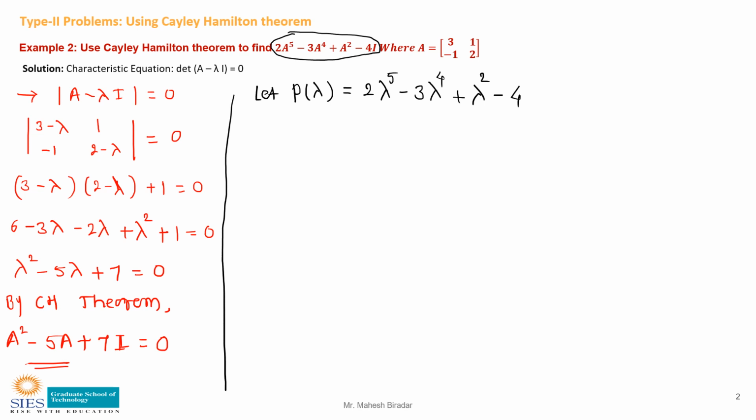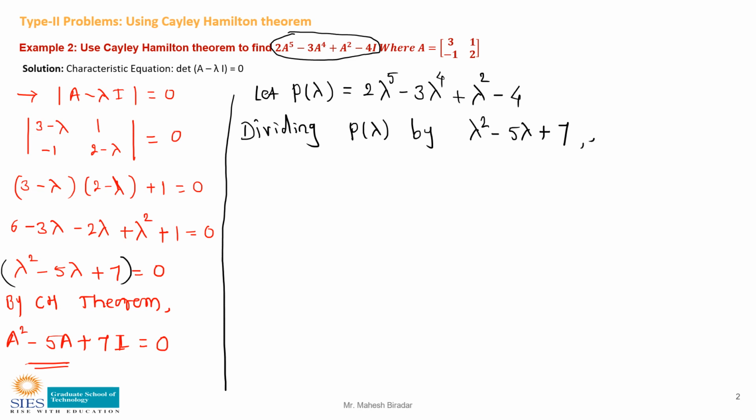And we will divide this P of lambda by the characteristic polynomial. So dividing P of lambda by lambda square minus 5 lambda plus 7, we will use the standard result that